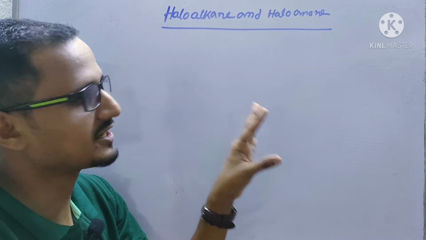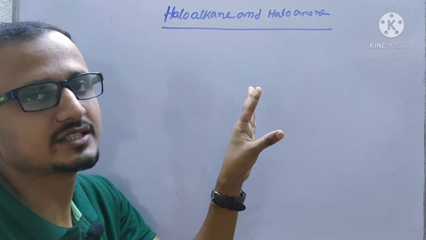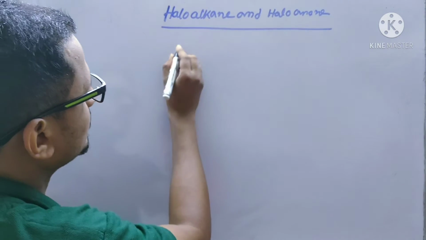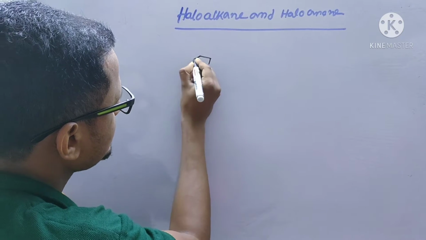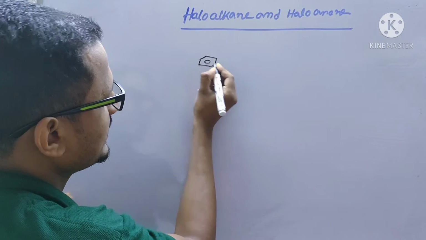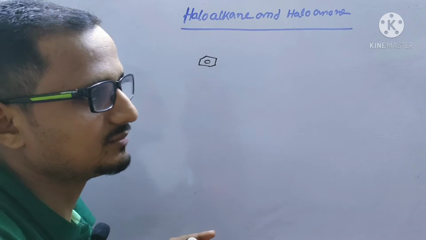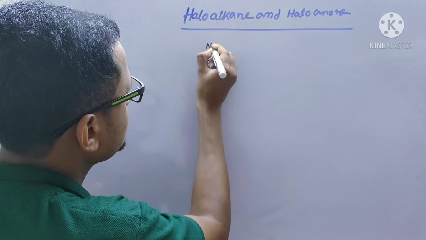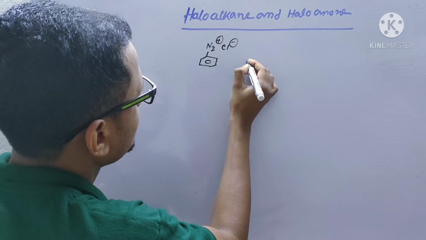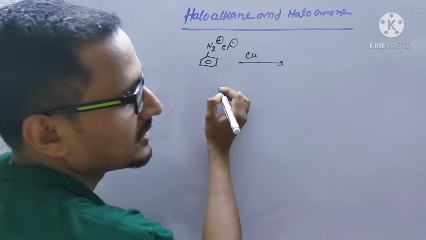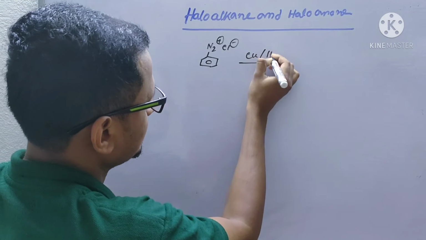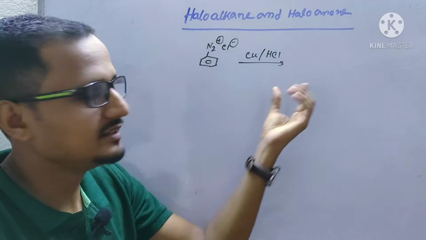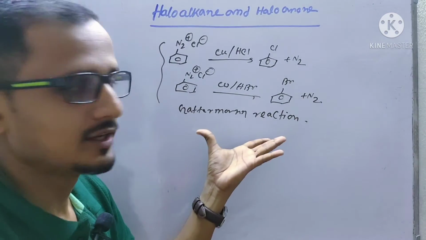discussion of another reaction which will be included in this, that means haloalkane and haloarene, and those are very important. Now one reaction is when we are discussing benzene diazonium chloride, the reaction of benzene diazonium chloride with some reagent to form the haloarene. So when this benzene diazonium chloride reacts with copper, with HCl. Normally we have seen that if this benzene diazonium chloride reacts with CuCl with HCl, then it will form chlorobenzene. So these two are the Gattermann reaction.